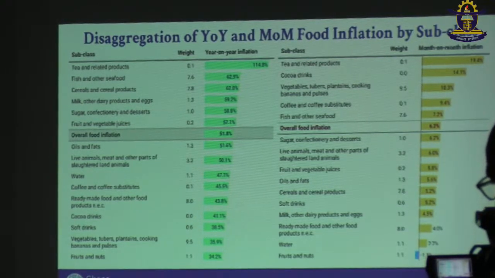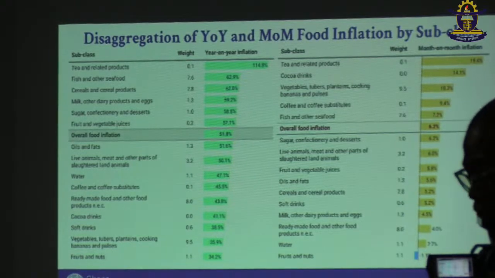Both year-on-year food inflation and month-on-month food inflation are driven by tea and related products, which respectively recorded rates of inflation of 114.8% year-on-year and 19.4% month-on-month, relative to the overall food inflation of 51.8% year-on-year and